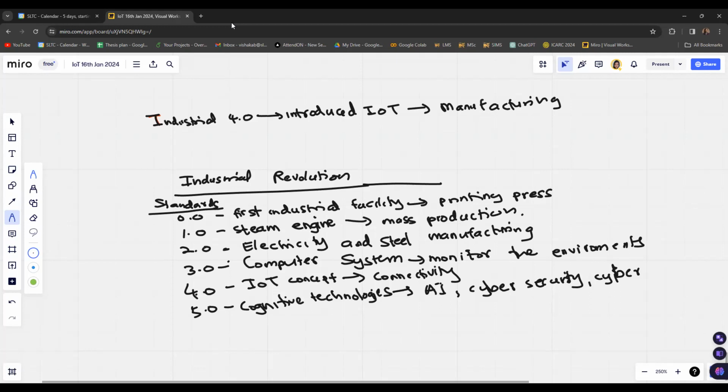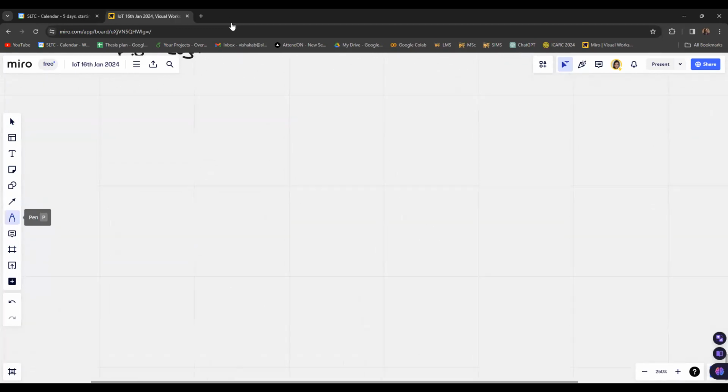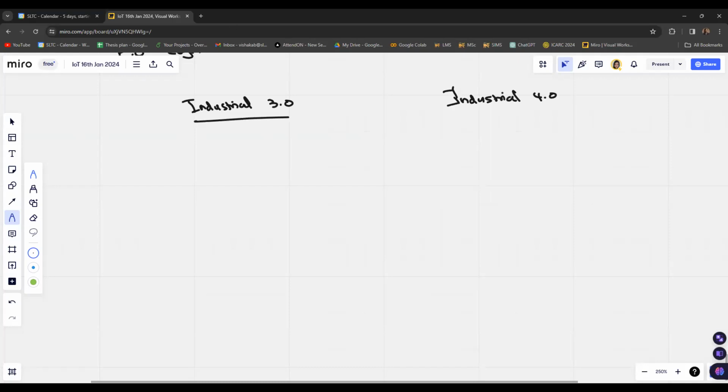Each of them has some features, so we will discuss the basic differences.